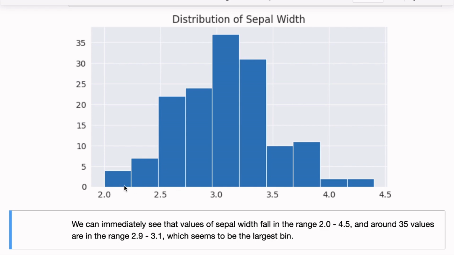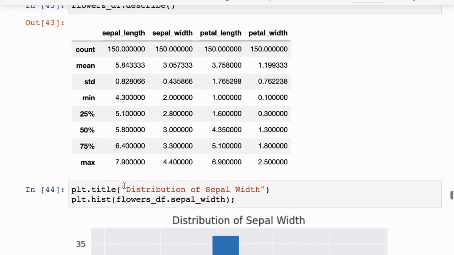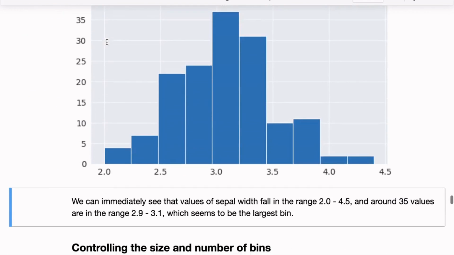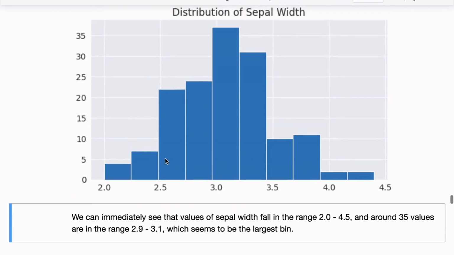And then what we do is we look through this data of sepal width, and then we count how many values lie in this range. So in this case, about 5 values lie in the range of 2 to 2.2, and around 4 values. So we draw a bar which goes up to the height of 4. And then similarly, we count the number of measurements that lie within the range 2.2 to 2.4, and then we draw a bar which shows the number. So this number seems to be around 7, and so on.